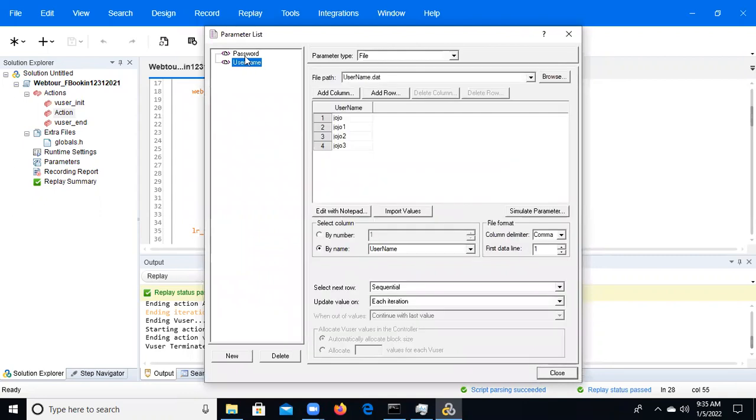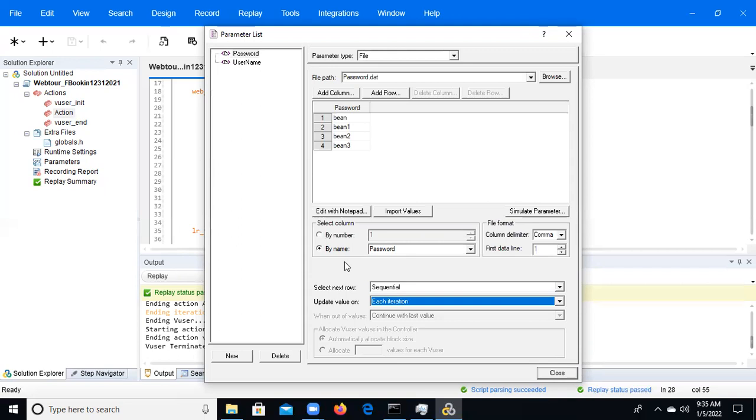These are the properties. We have done this only for the parameter list, username and password. Whatever values we have done, those values it will show. So far we have explained sequential, random, unique, each iteration and once. Now there is one more option, that is the same line as some other parameter.